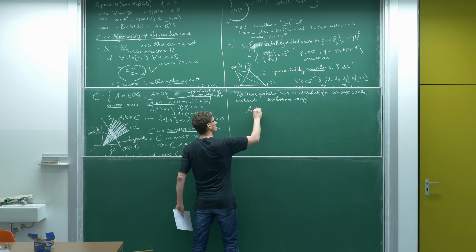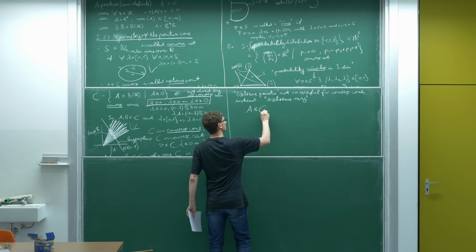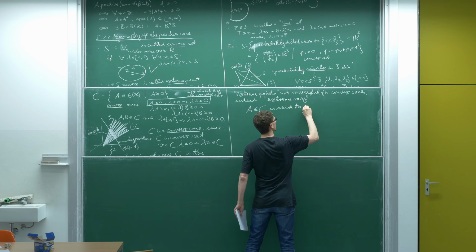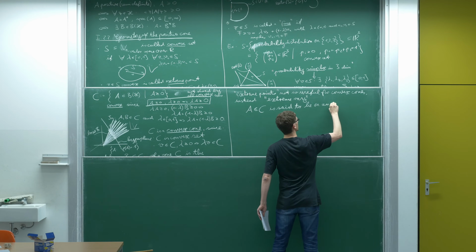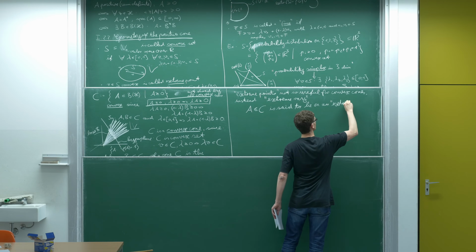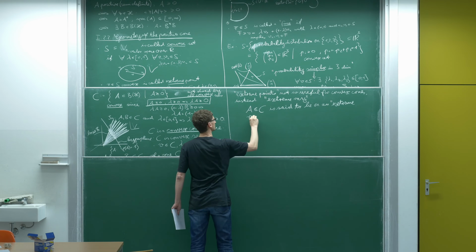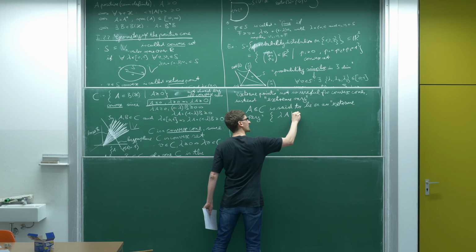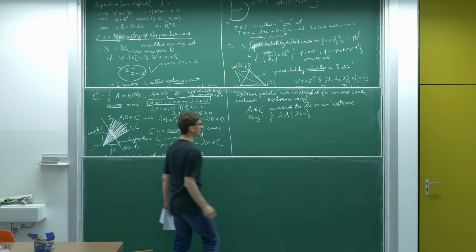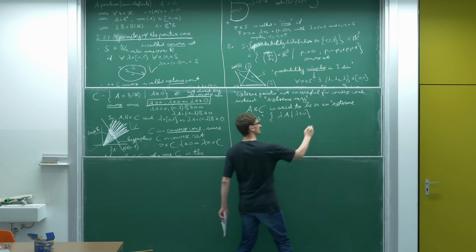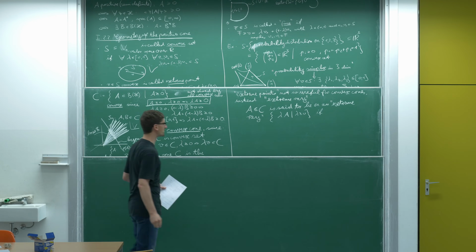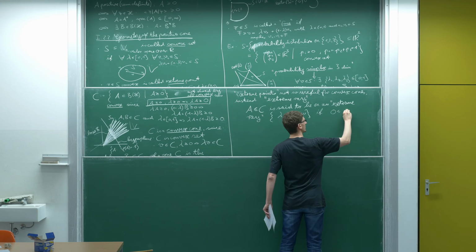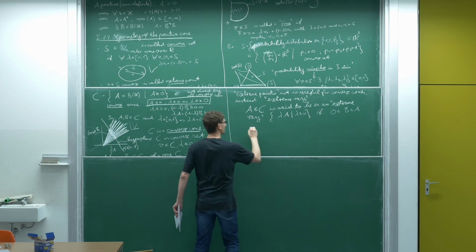A matrix A in this cone C is said to lie on an extreme ray. So the extreme ray is defined to be this set, all positive multiples of that operator, if zero smaller or equal than B, smaller or equal than A, implies